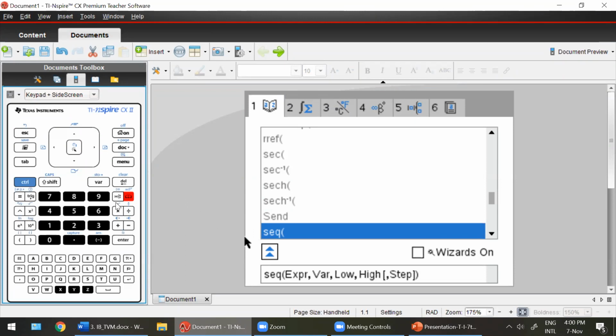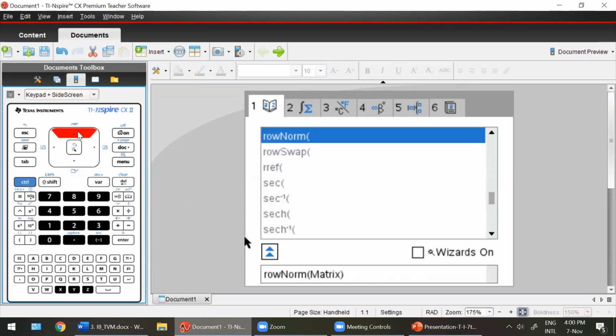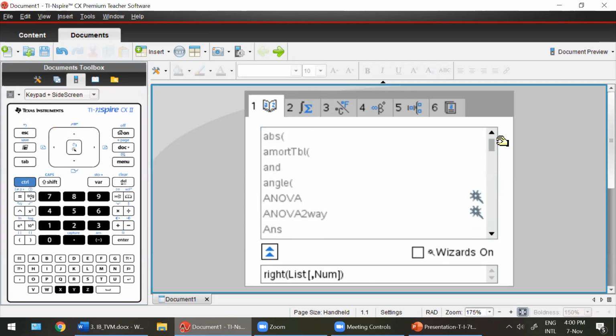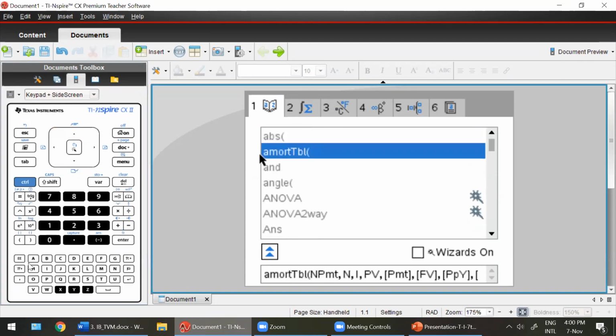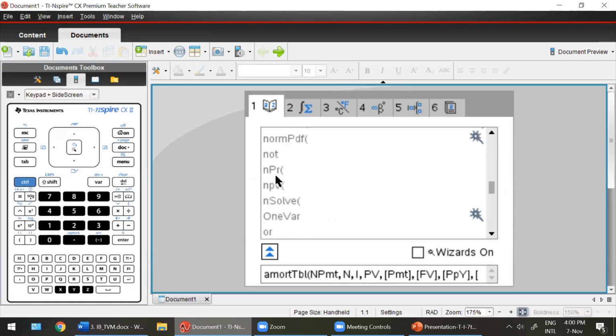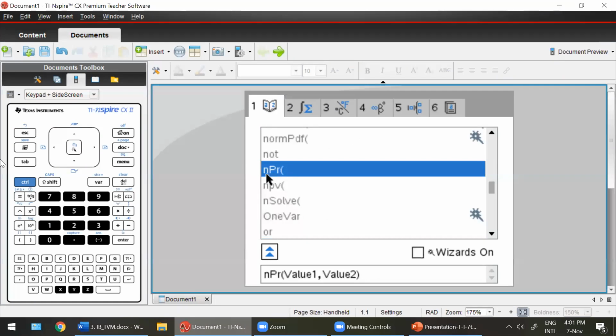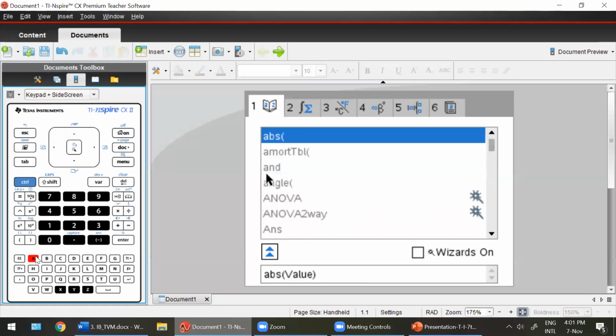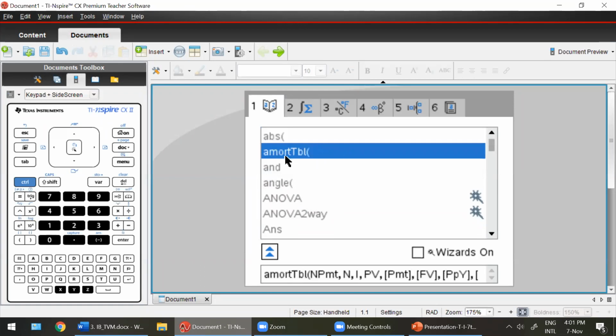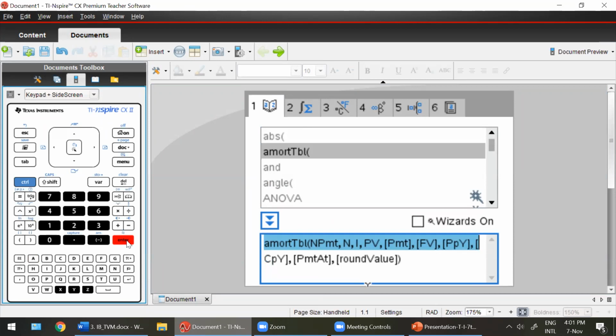You can move up to A here. You can just type in A. So if I'm on N and I want to go to A, I can just hit A here, as Swati was telling. Thanks, Swati. And I'll get my amortization table here, so I'll know what to type in from here. If I hit enter, you can see.